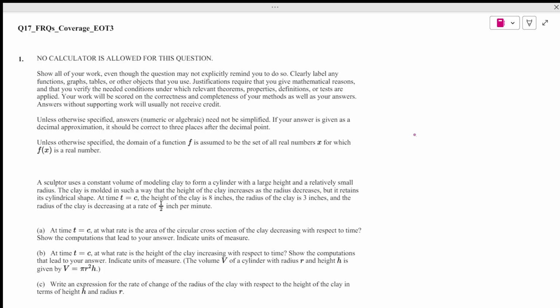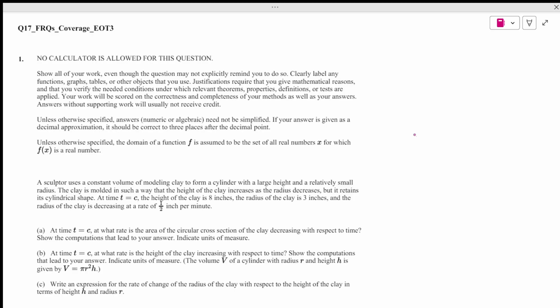Question 17 for the end of term exam has two questions. So this file has two similar questions, so let's work on both of them. Question 1 says,